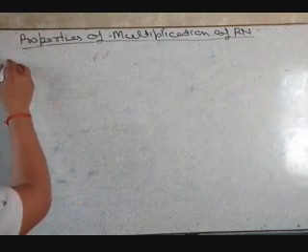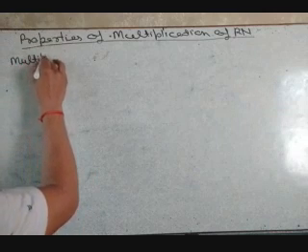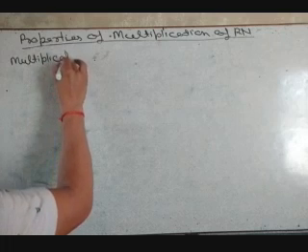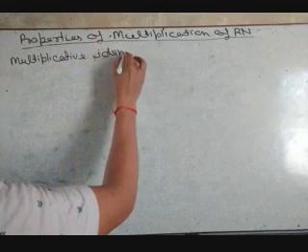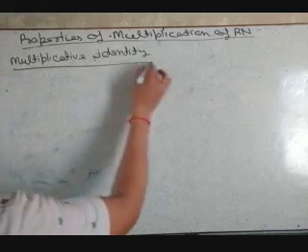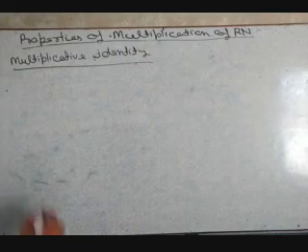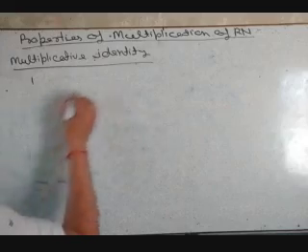Multiplicative identity. Next property is multiplicative identity. A multiplicative identity of rational numbers is 1, because when 1 is multiplied with any rational number,